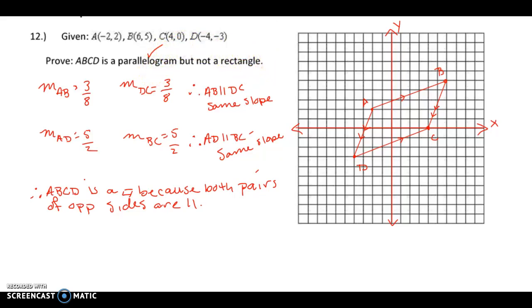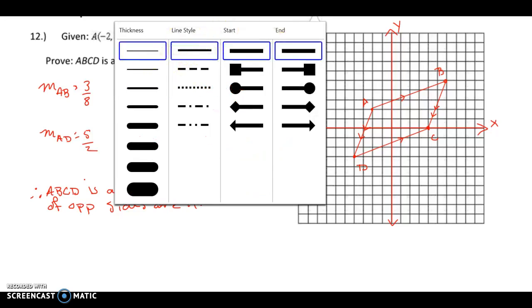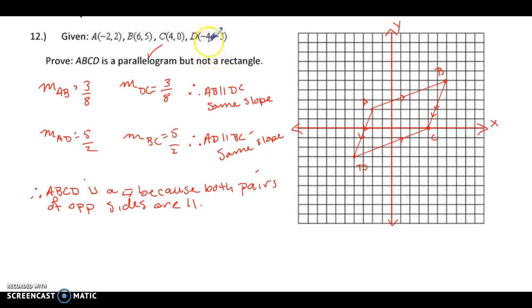So we have to think about what we know. If it was a rectangle, what would happen? Well, we would have right angles at all 4 corners. And so AD and DC would form a right angle. And we know that right angles are formed by negative reciprocal slopes. So if I look at, let's say, AD and DC, those 2 slopes,